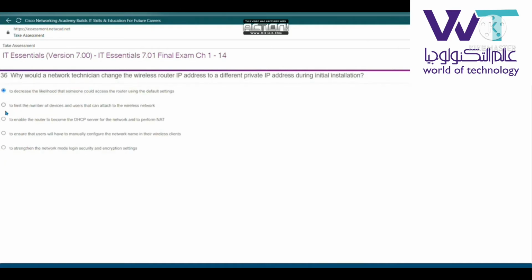Why would a network technician change the wireless router IP address to a different private IP address during installation? هتبقى decrease the likelihood that someone could access the router using the default setting. اللي بعده